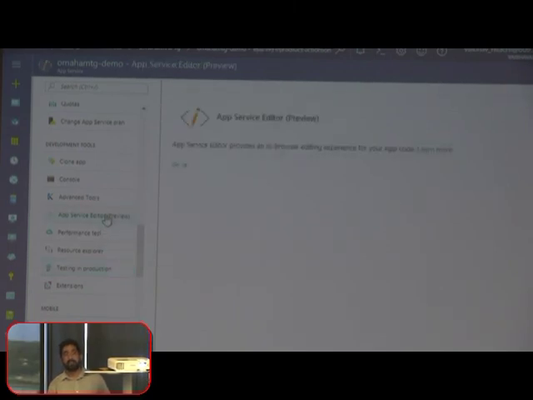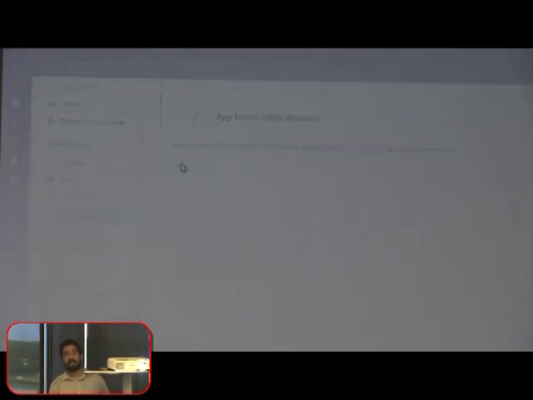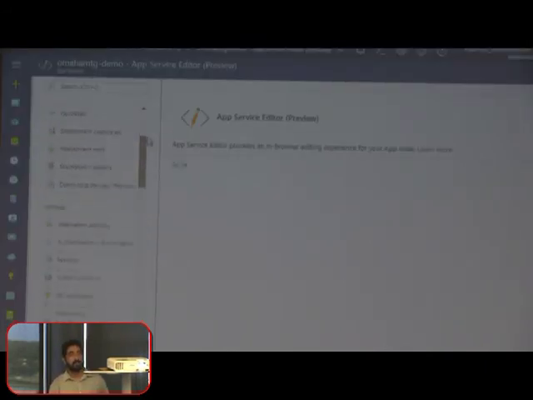App Service Editor, what I was showing, looks like how Visual Studio Code looks. So I can open it, I can go ahead and modify my files directly in the portal and it gets reflected there. For example,